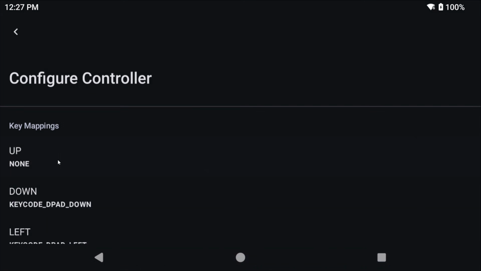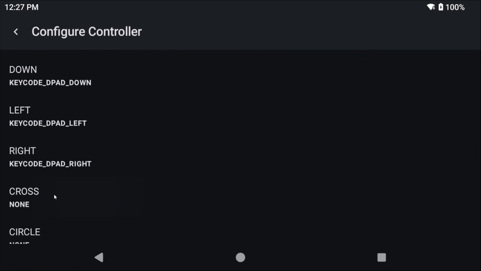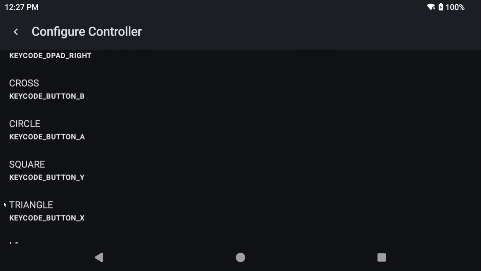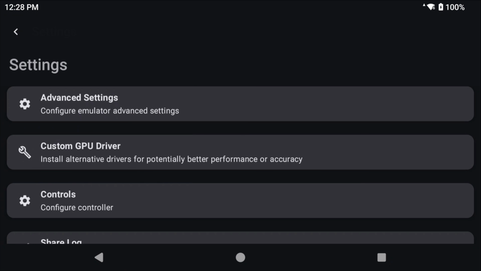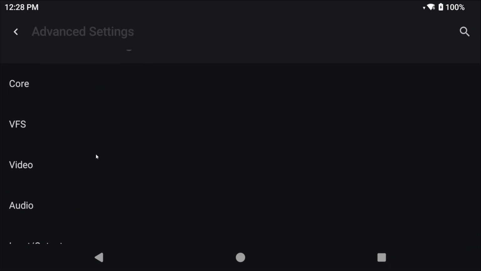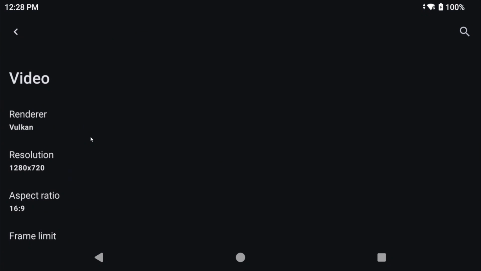Go ahead and map the controls to your device by selecting them and then pushing the right button on your handheld or controller that corresponds to what you're looking to do. Once that's all done, head back out and this time go to Advanced Settings above. There's a lot here, but head into Video and then scroll all the way down to the bottom and into